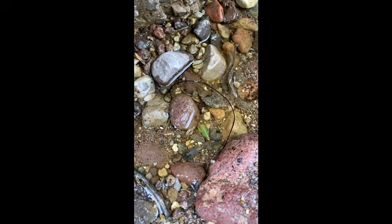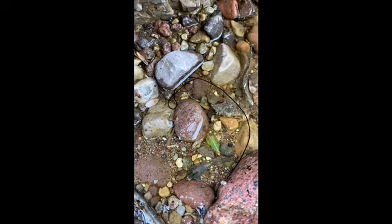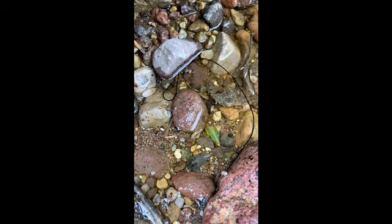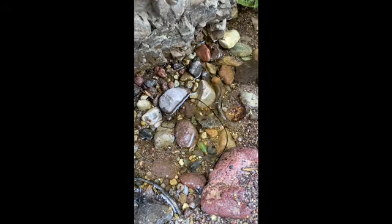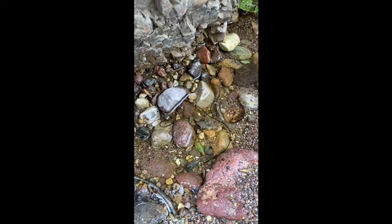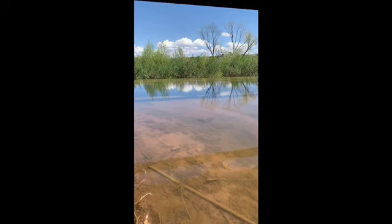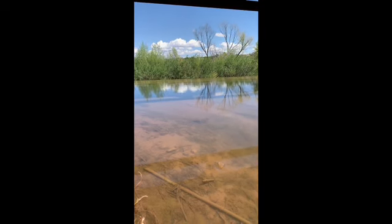So this is a horsehair worm, and it is a living creature. And I know that they're parasitic, but I'm gonna have to get back to you guys on just whom exactly the horsehair worm infects. So I'll be right back. All right, guys, I did my horsehair worm research, and honestly, I kind of regret it because nature can be